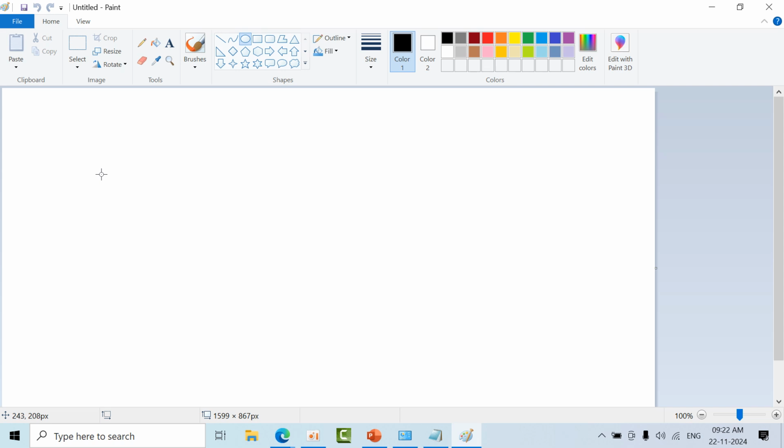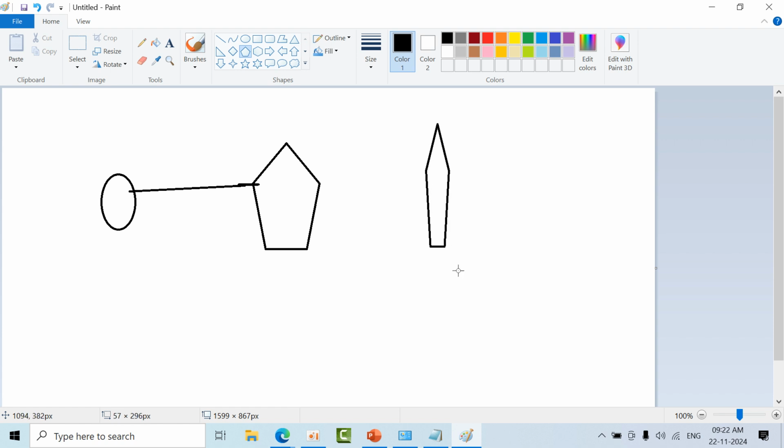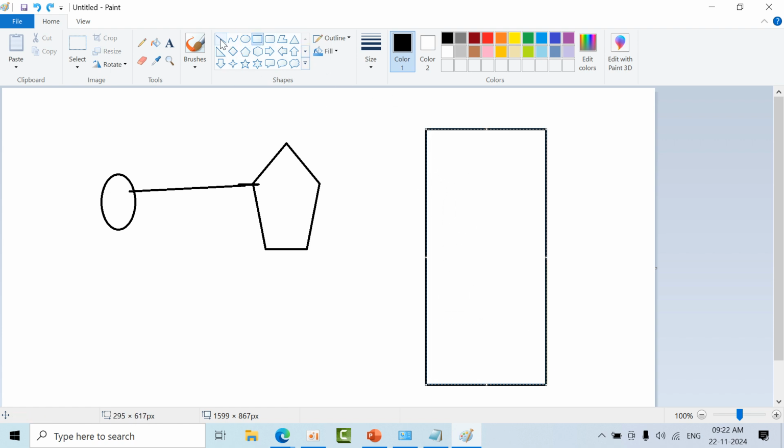Now, sir, this is my computer. My computer has a wireless connection to the router. From this router, I have a broadband connection to the ISP who is providing internet for me.